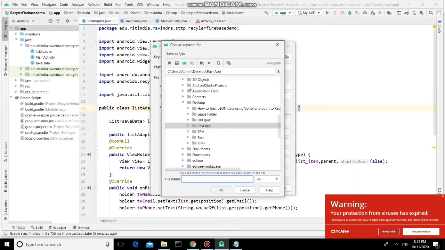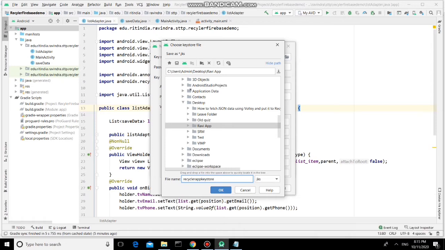I'm giving the name recycler app key store. The extension will be JKS, Java key store. This file is very important whenever you are going to update your application later.